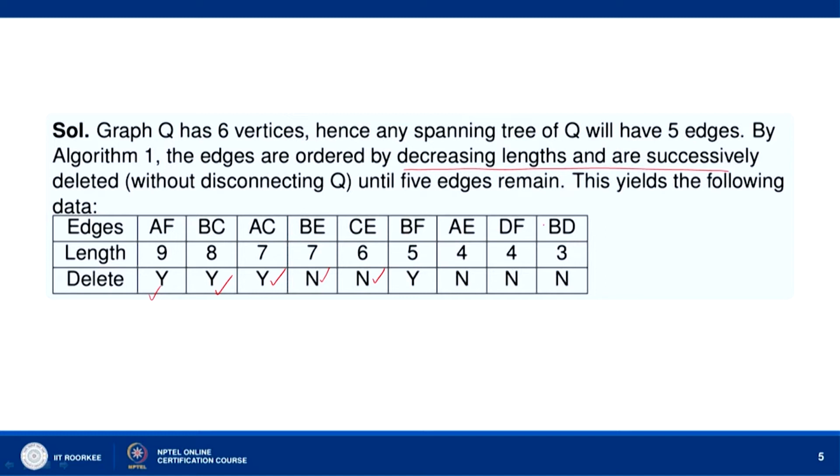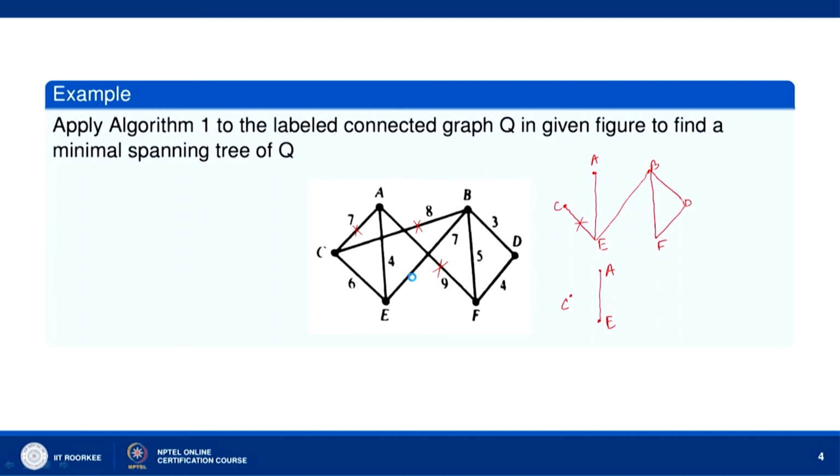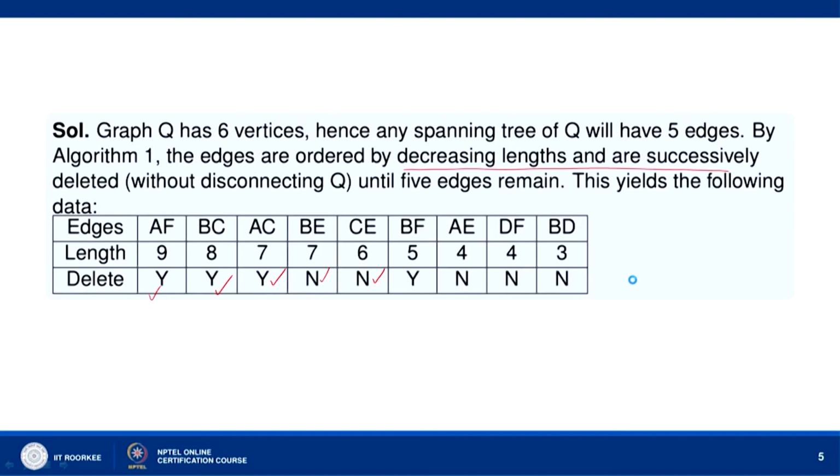So, that we get minimal spanning tree with 5 edges. Okay. So, we have already deleted 3 edges, we have to delete 2 more edges. Now, let us see, can we delete BF? Okay. So, BF, yes, we can delete BF, right. Okay. We can delete it, because in a tree there should not be any circuit or cycle. So, we can delete BF. So, we have deleted the 4th edge now. Okay. One more has to be deleted. Now, we have deleted, yeah, we have deleted 4.